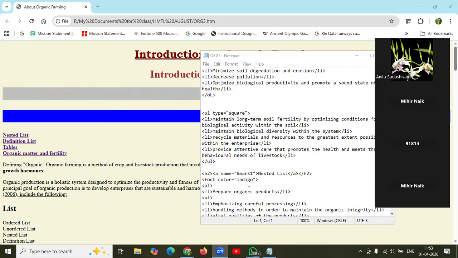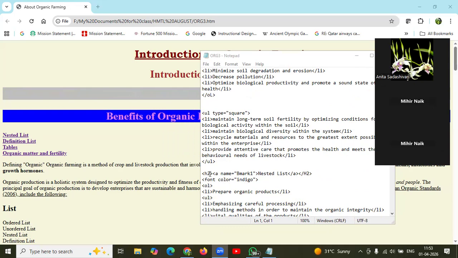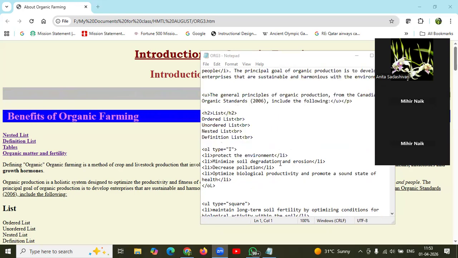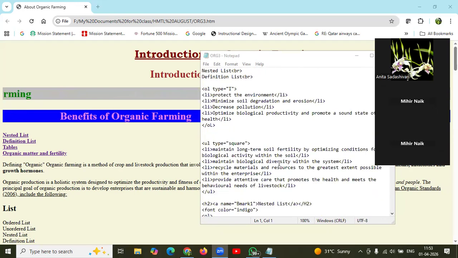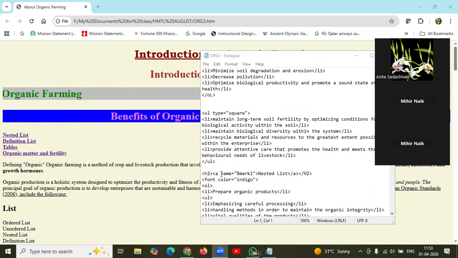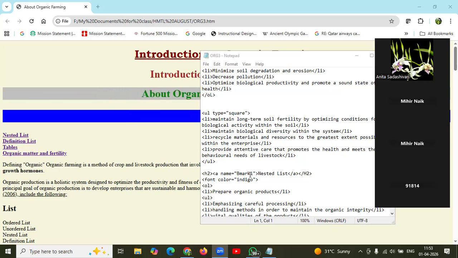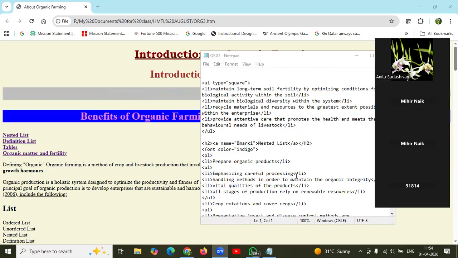Yeah, I can see the HTML code. So here I've given it as heading 2, within a long paragraph. I've given a heading 2. I've called it a space name is equal to bmark1. bmark1 stands for bookmark 1, slash a and slash h2. Okay, and then